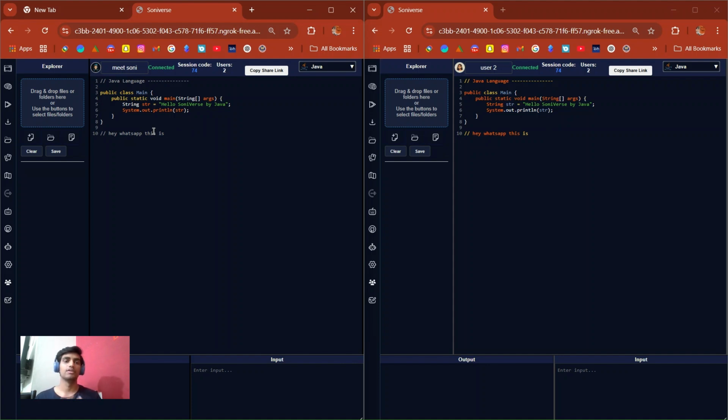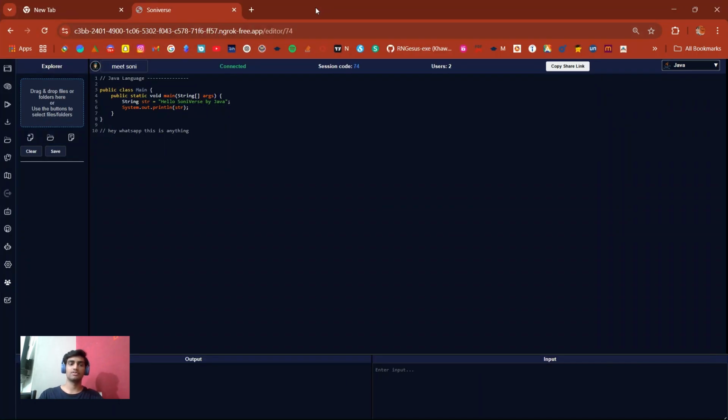So yeah, the delay is about 0.1 to 0.2 seconds, which is really not noticed that much. As you can see, there is a collaboration. Coming to the second thing, they can also type anything, and this will be collaborated to the second user. So yeah, coming to the second feature,